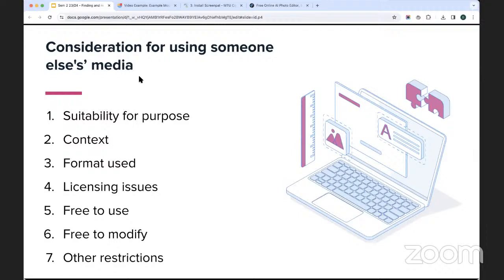That's not to say that it overrules copyright, but it has been established in a number of legal battles or arguments that educators get a certain amount of leeway when using somebody else's material.